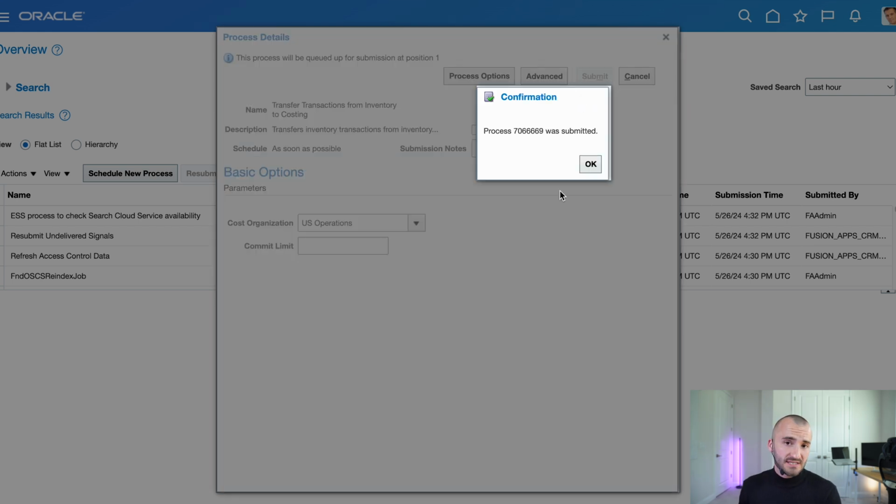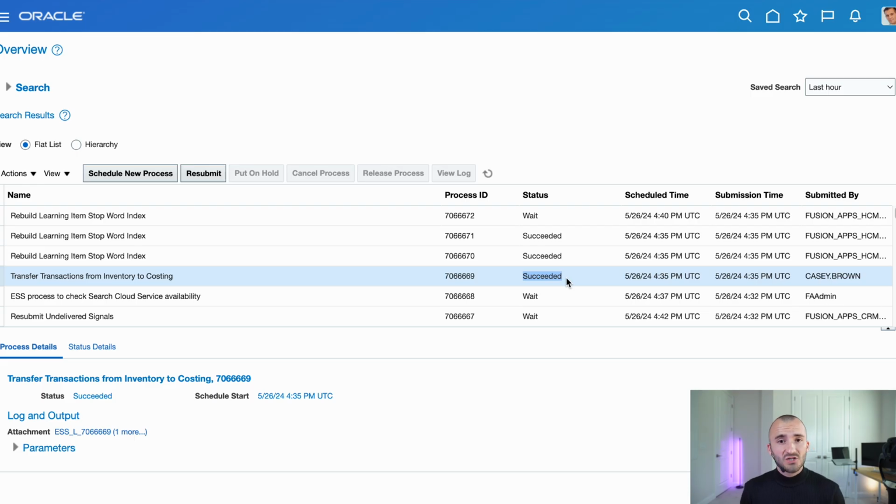This is an important step because if you don't run this process, cost accounting won't be able to see the transactional information and therefore not process it. As we can see in the list of processes here, our process succeeded. So now we can finally proceed into the cost accounting application to find this transactional information and create distributions from